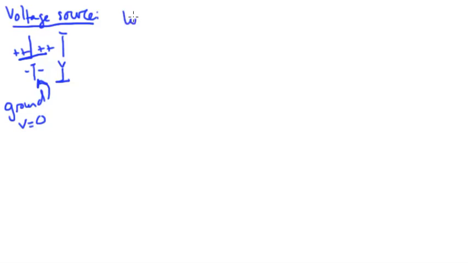Another circuit element that you've probably seen a lot of, but haven't thought much about, is a wire. So wires are used just to connect different circuit elements together. Wires have no resistance, and they have no potential difference across them. So what that means is that at any point along this wire, the voltage is the same, so it doesn't change. Voltage between, let's say, this point and this point